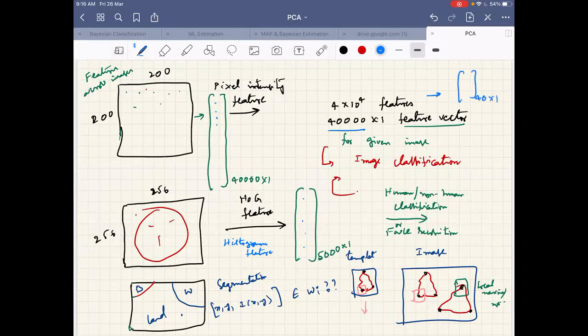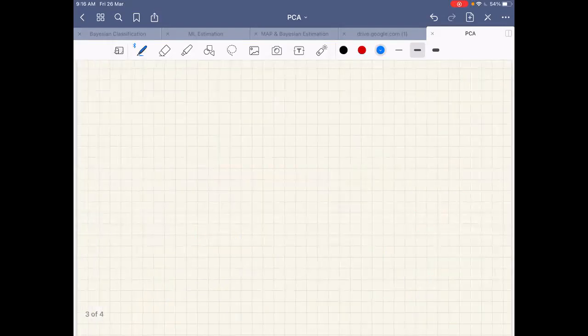This 40 cross 1 vector should be a summary in some sense of the whole 40,000 features. The performance that the 40,000 feature vector can give should be given by this 40 cross 1 vector. Then we can say that it's an efficient dimensionality reduction method. Fine. So we will study a method of dimensionality reduction that has the power to do this.